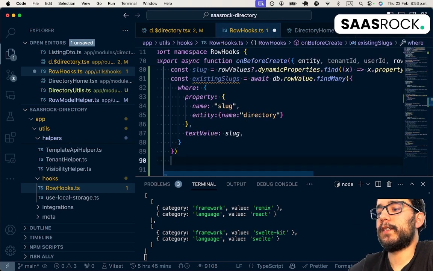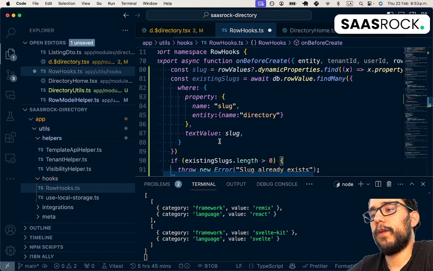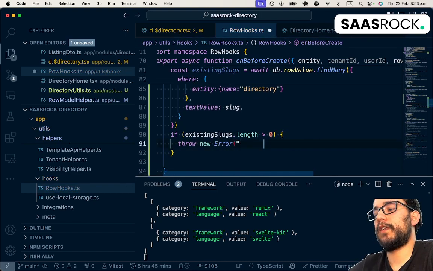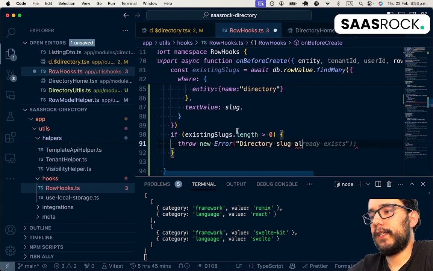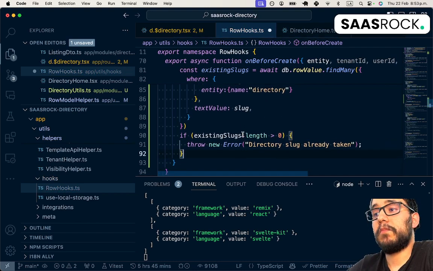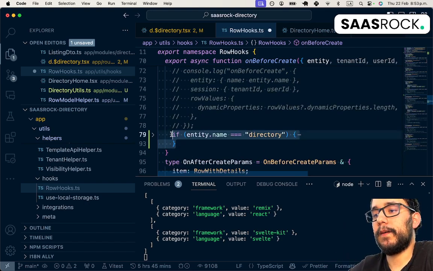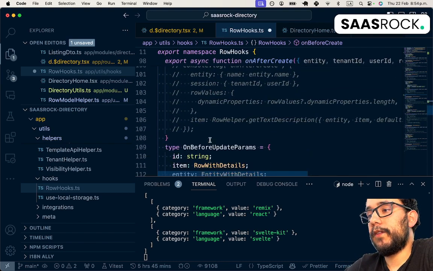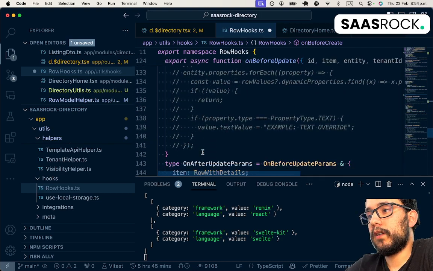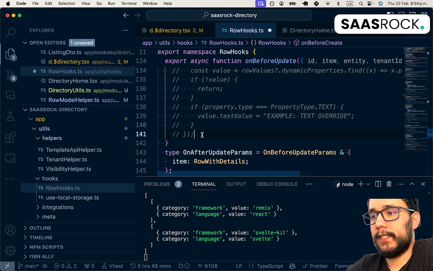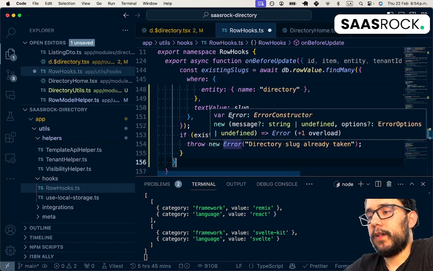Now, whenever this response is more than 0, we're gonna return directory slug already taken. And yeah, well, we actually need to copy paste or move this function in maybe a directory service file. We need to copy paste it on before update as well, because